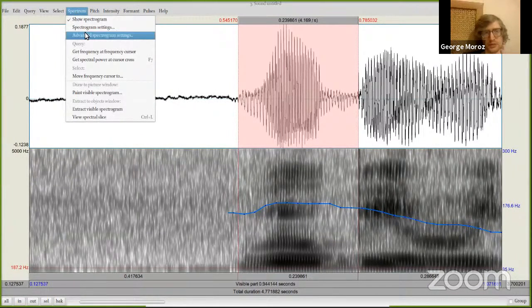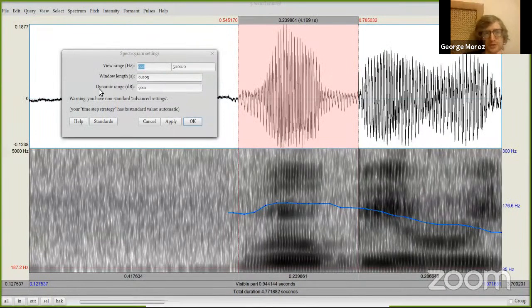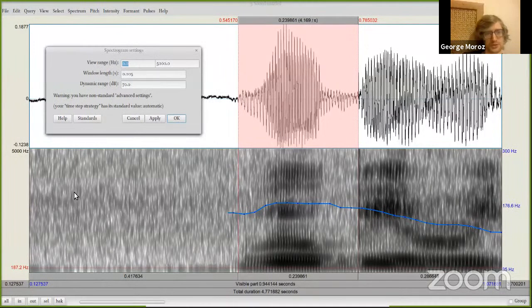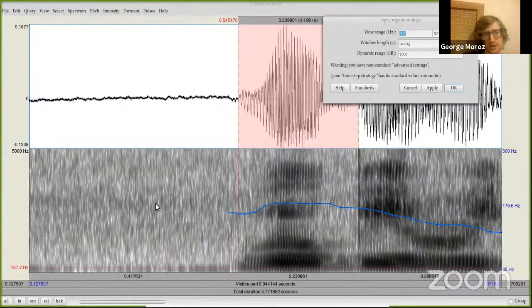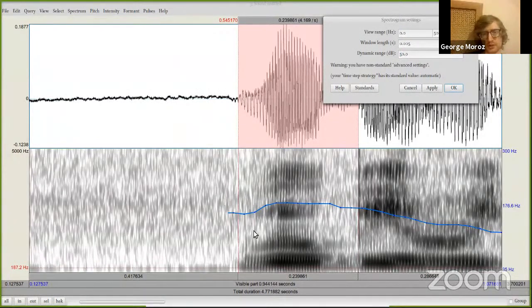Another thing that I want to say about manipulating the spectrum is the dynamic range. Dynamic range is the loudness and how we represent it. Here, for instance, we have a chunk that is actually silence, and for some reason we have some events over here. So decreasing dynamic range, I will make it less bright. I will lose some information, but it's possible to